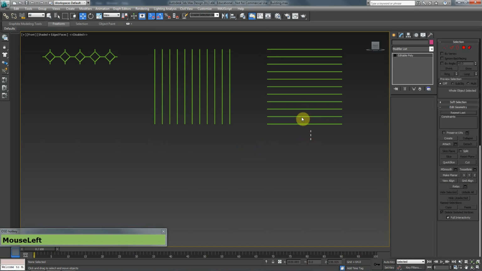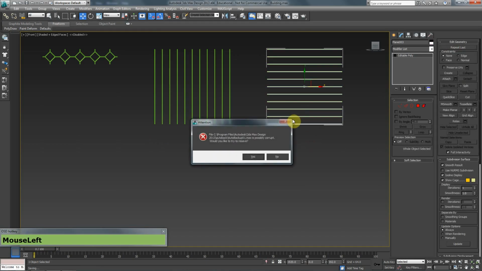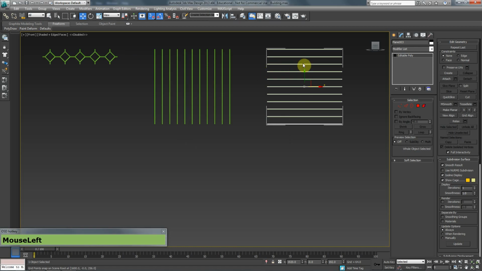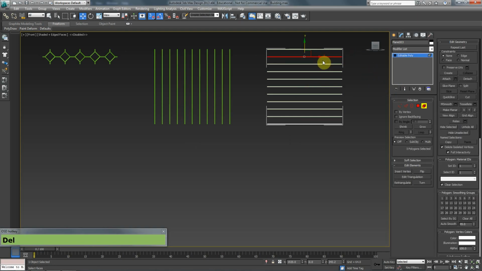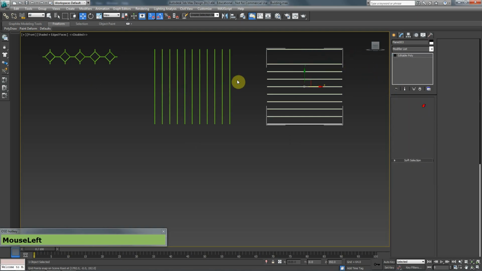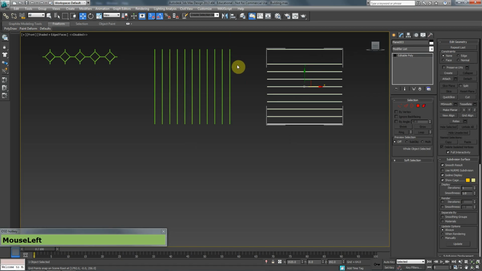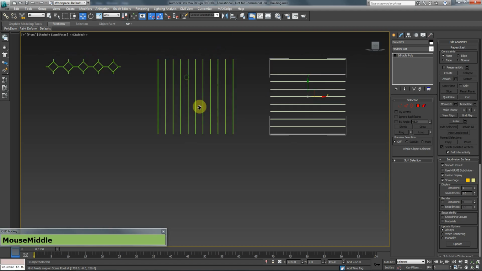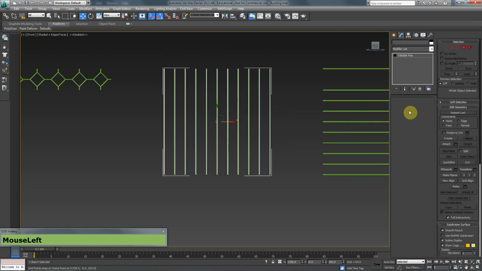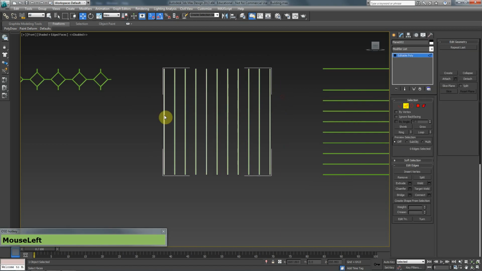Okay, so what's going to happen here is that I'm going to go and put them into each other. But before I do that, I don't need this middle bar here because that already has that there. So I'm going to go ahead and delete that middle bar. As for this one, I need to keep the top half. So I need to separate the top half from the bottom half, and I just need to delete sections of it. What I mean is, if I go and select my edge mode and select all of these edges here